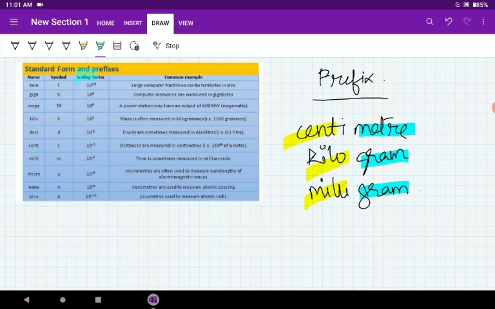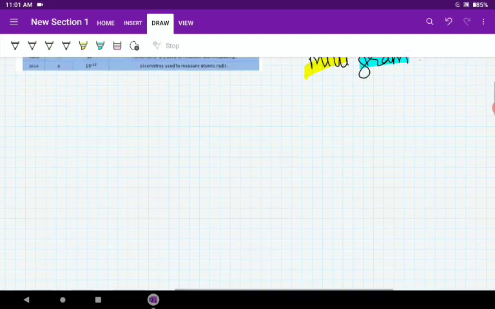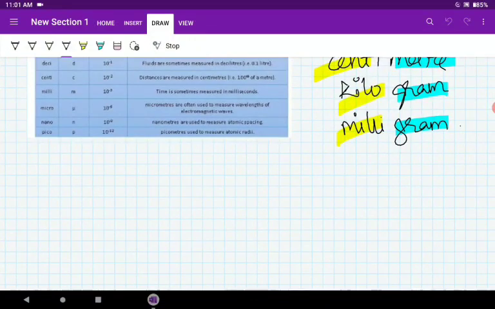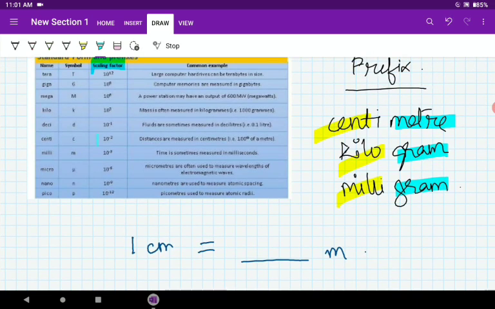In this table you can see here is a word which is written, which is a scaling factor. A scaling factor is actually the power of 10 to which we multiply the unit in order to obtain the prefixed unit. Sorry, I said it is a derived unit. It's not at all a derived unit. So this is actually what is 1 centimeter in terms of meter. So we see that centi has a scaling factor of 10 to the power minus 2. So 1 centimeter would be 1 into 10 to the power minus 2 meter.